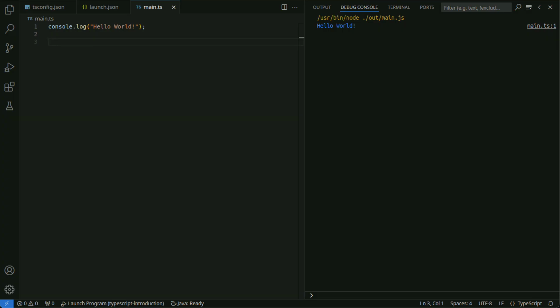TypeScript, TS, is a superset of JavaScript developed by Microsoft. TypeScript supports static typing, allowing for more robust and maintainable code. TypeScript adds types to JavaScript and performs type checking at compile time. This allows for preventing type-related bugs in advance.